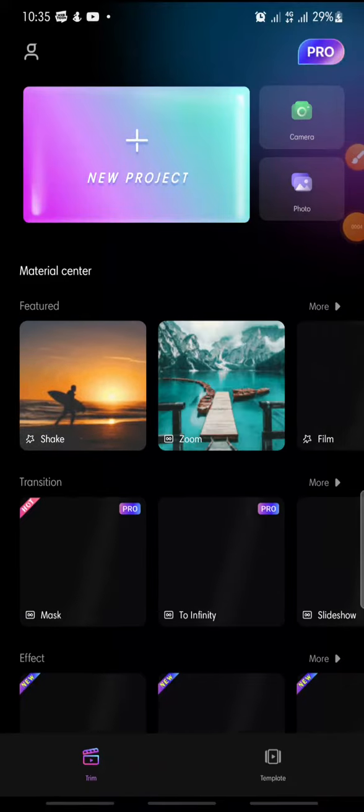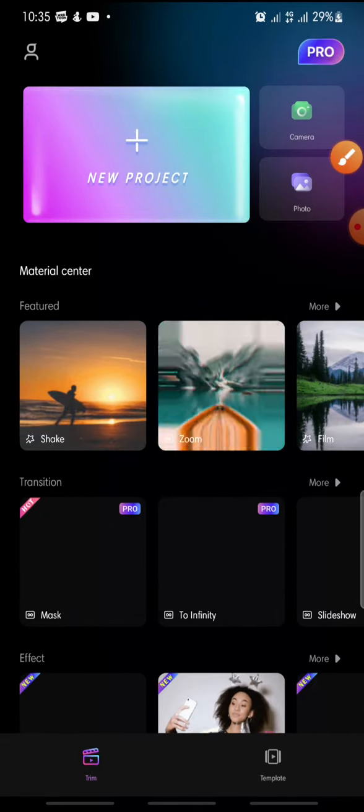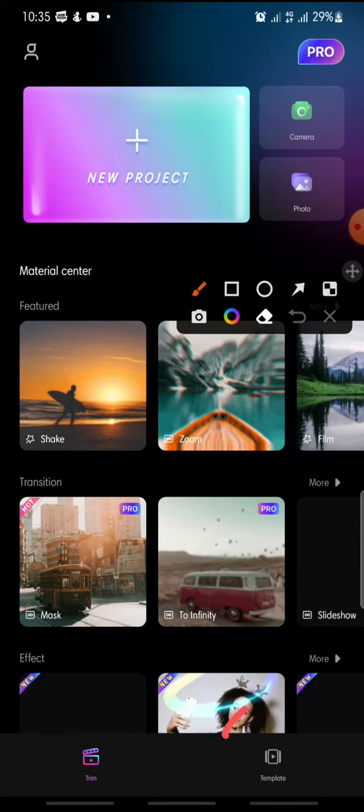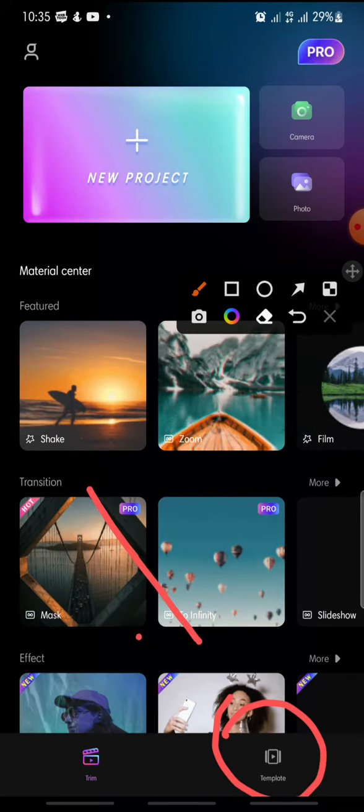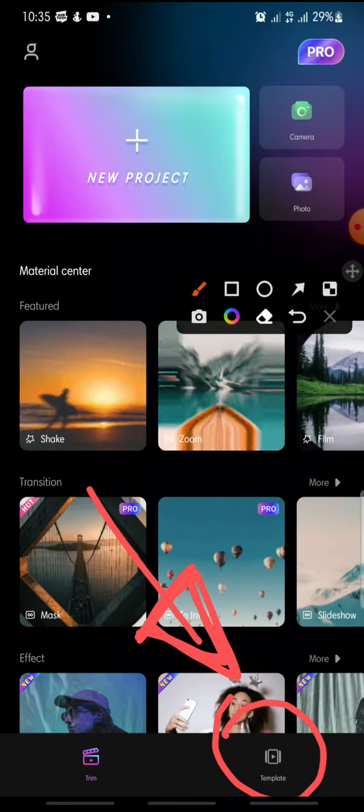In this video, I'm going to show you how to add template videos on the Filmora app. Now let's get started. First, open your Filmora app and then at the menu at the bottom, you can click on Template. Click on it. And in here, you can see the templates